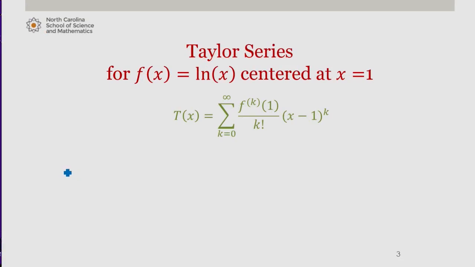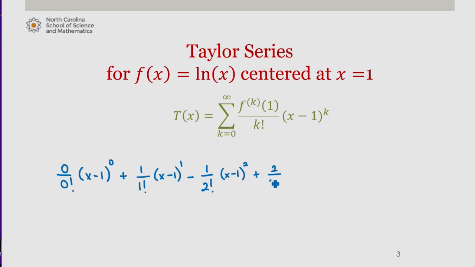We have 0 divided by 0 factorial times x minus 1 to the 0, plus 1 over 1 factorial times x minus 1 to the first, minus 1 over 2 factorial times x minus 1 to the second, plus 2 over 3 factorial times x minus 1 to the third, minus 6 over 4 factorial times x minus 1 to the fourth